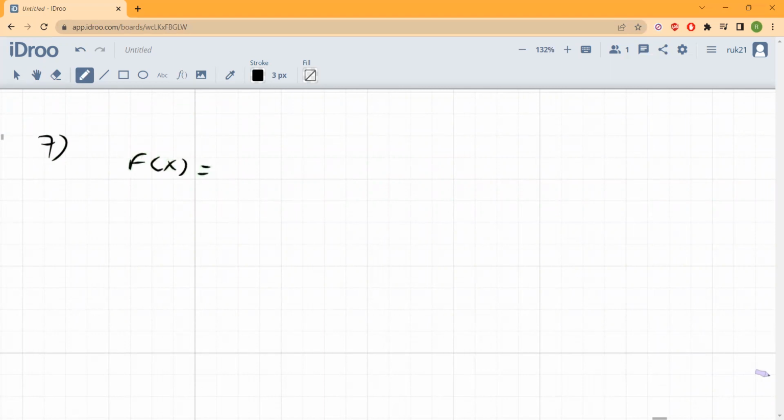f of x is equal to, oh, that was a terrible bracket. Now my pencil, it was so terrible, my pencil stopped working. That's not good. There, it started working again. Okay, there you go. So it's going to equal sine x over x, where x does not equal 0,